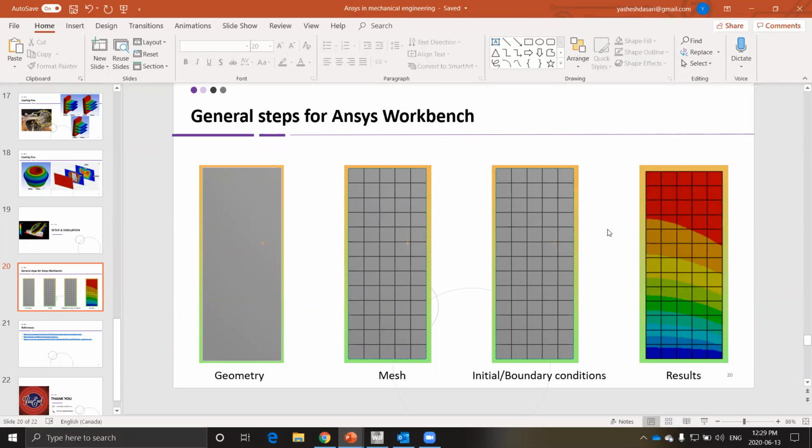You could also save animations and videos of, say, deformation or the flow characteristics. So let's take a look at it.